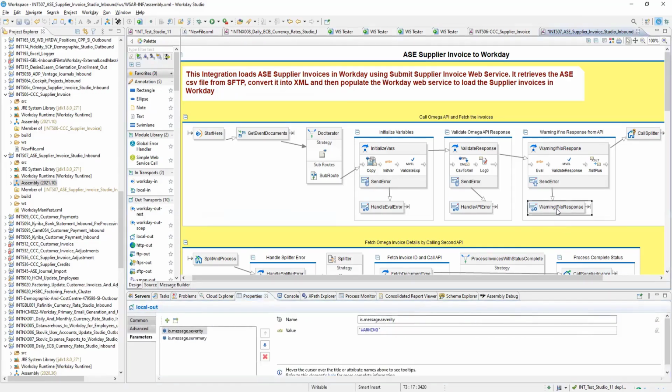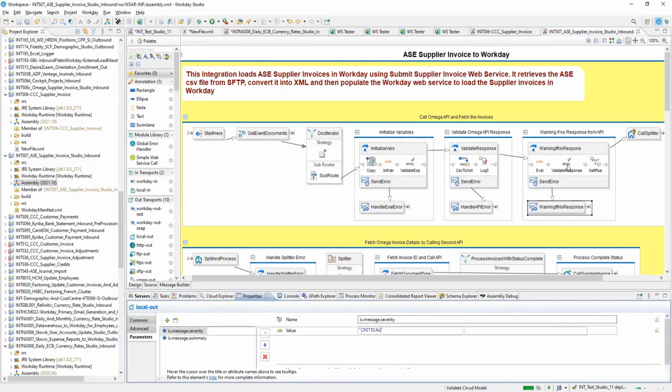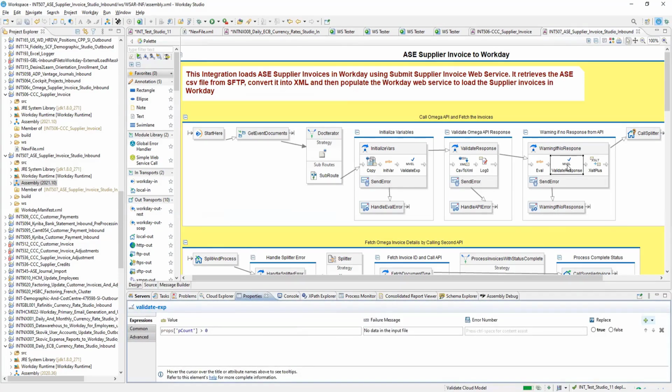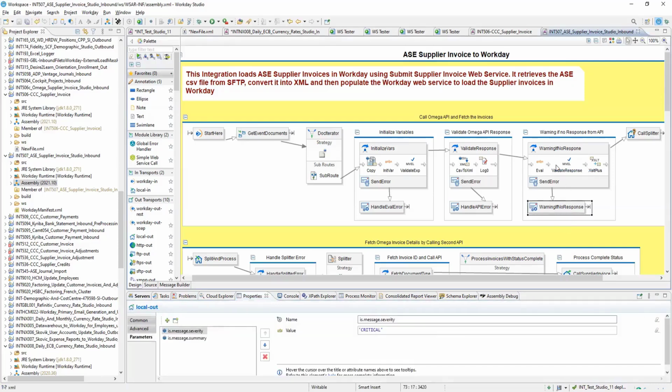Okay, yeah, ideally it should be critical, because if it is critical, integration will stop then and there. If it is completed with error, integration will execute that.